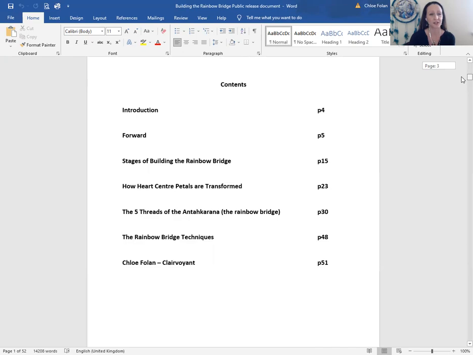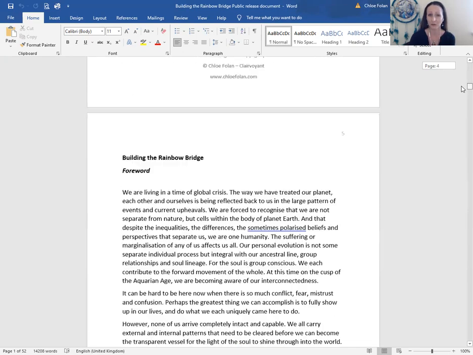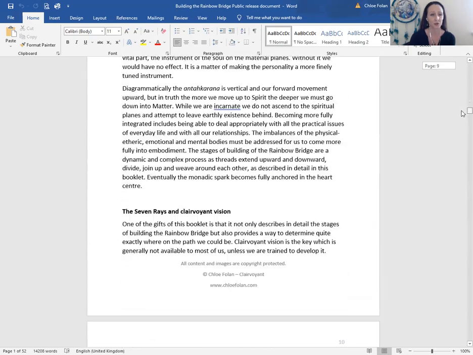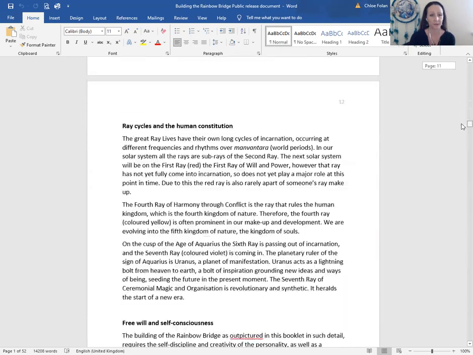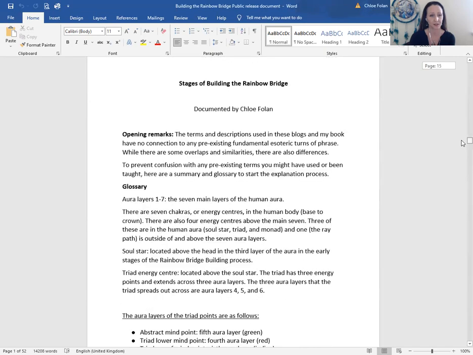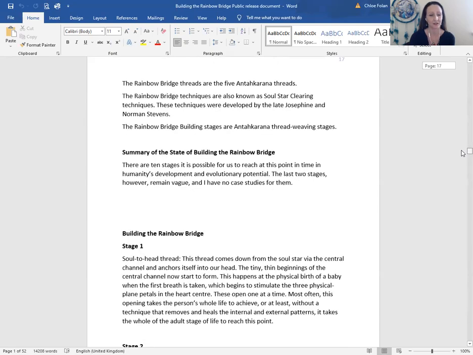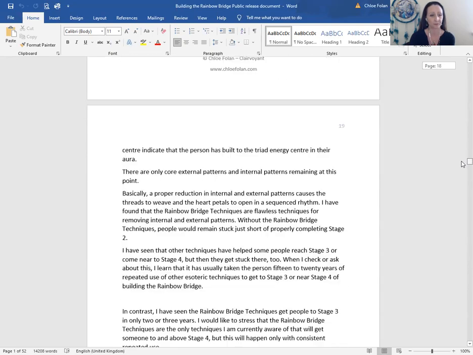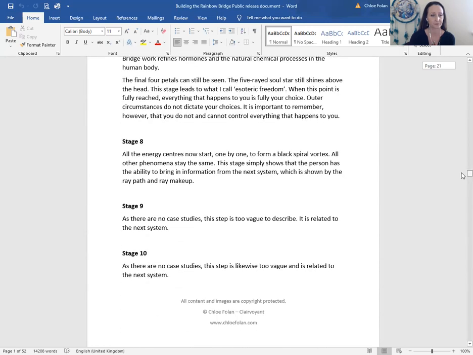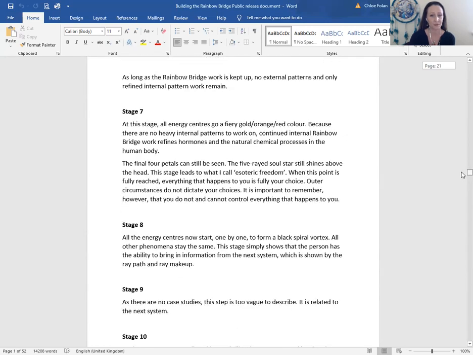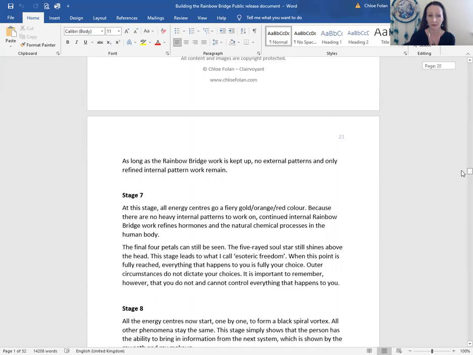So I'm still on stages of building the rainbow bridge, starting on page 15 and scrolling down to where I start discussing just a brief summary of stages 7 and 8 of rainbow bridge building. So this is page 21,